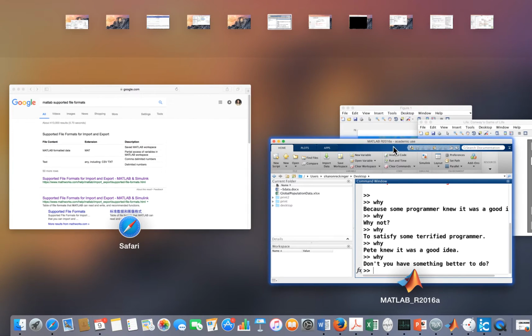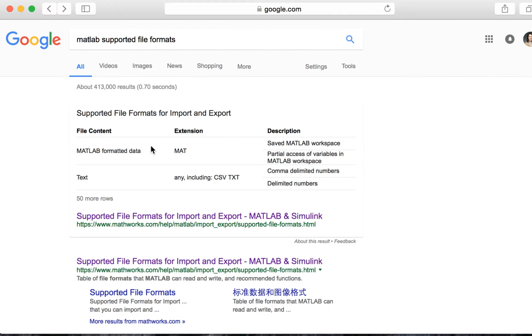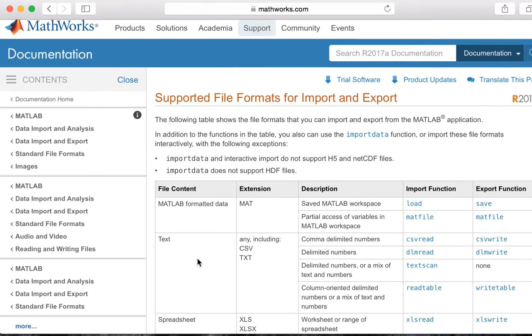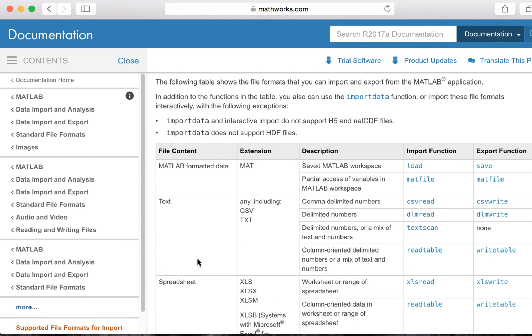I wanted to show you how you can locate the import-export commands for all these different formats, because I'm not going to just tell you all of them. They're all listed in the help. I don't use the help that often, but via the question mark, I just Google it. So if you search MATLAB supported file formats, or in the help just search supported file formats, there's this link that comes up. It's always the first one, which goes to the page that summarizes in a table all of